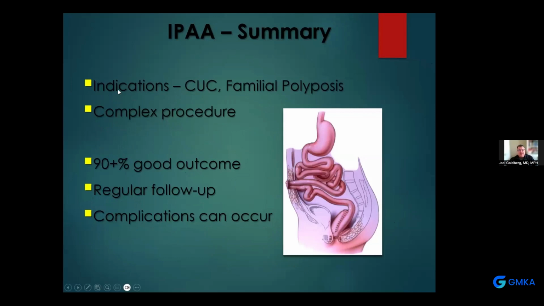So what are the indications? I have up here familial polyposis, but it's really mainly ulcerative colitis. There's probably 10 pouches for ulcerative colitis for every case of familial polyposis. Most patients have really good outcomes. The other reason, and the important thing, two things to talk about with J pouches and with ulcerative colitis, is